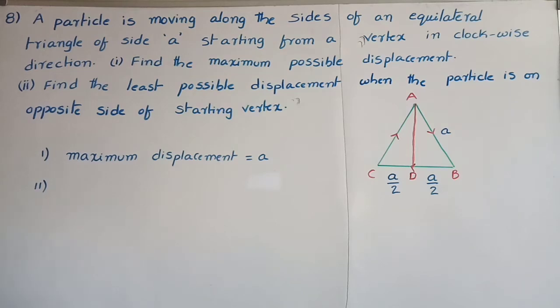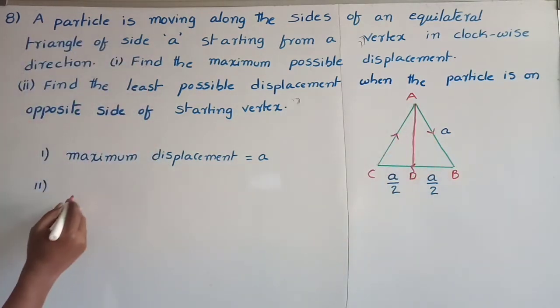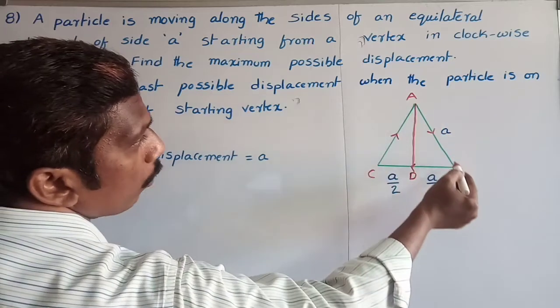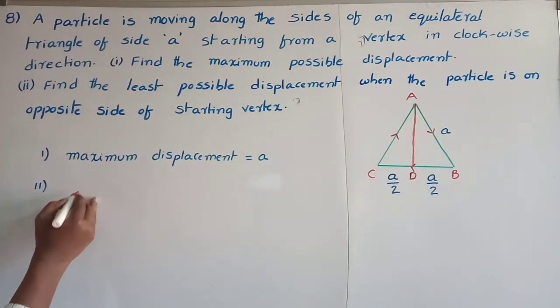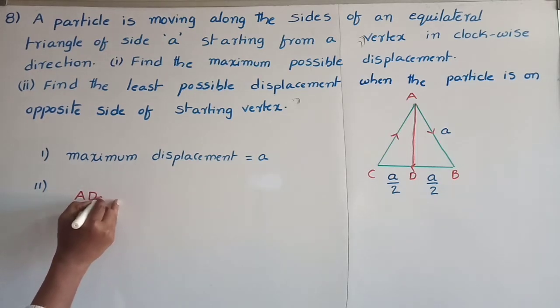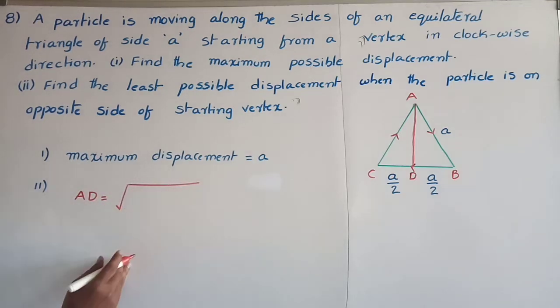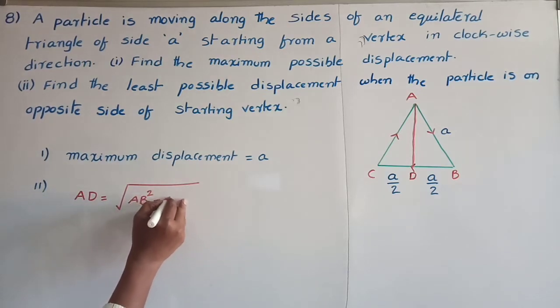So how to calculate AD? Here we know this side and this side. To calculate AD, from the Pythagoras theorem, hypotenuse square is equal to side square plus side square. Here AB is the hypotenuse, AD is one side, DB is another side. To calculate AD, the side is equal to the square root of hypotenuse square minus side square. Here the hypotenuse is AB, so AB square minus DB square,